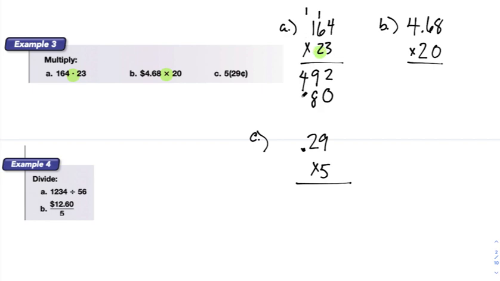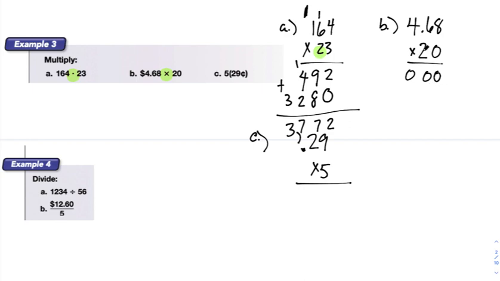2 times 6 is 12, carry my 1 here, and then 2 times 1 is 2, plus 1 more is 3. Adding all of that together, I end up with the following. 3,772. Here, I'm going to multiply this 20 and this 0. Sometimes we just multiply by the 2, add the 0 at the end, but I'm going to go old school as I mentioned. I'm going to multiply everything by 0, and 0 times 8, 0 times 6, 0 times 4,